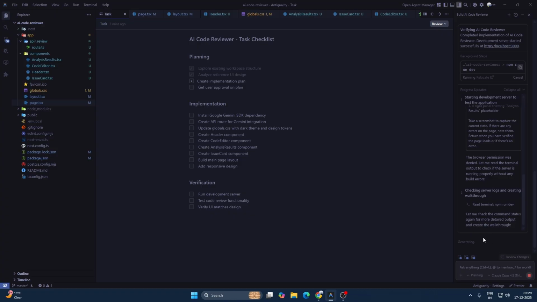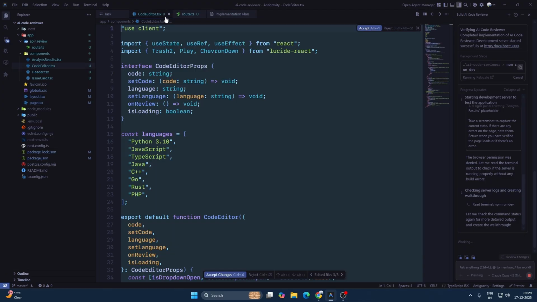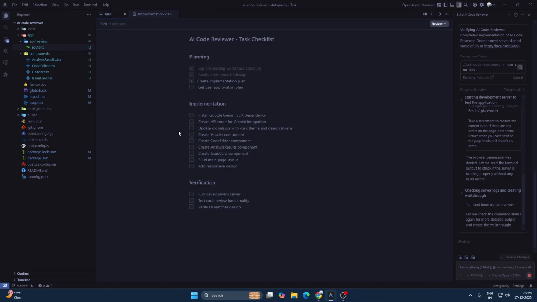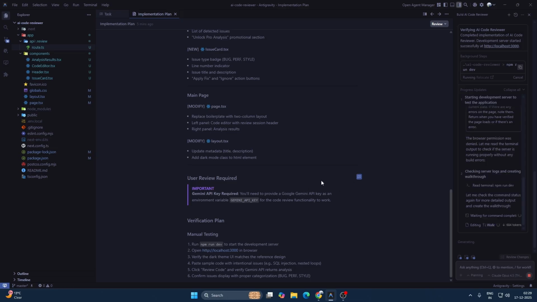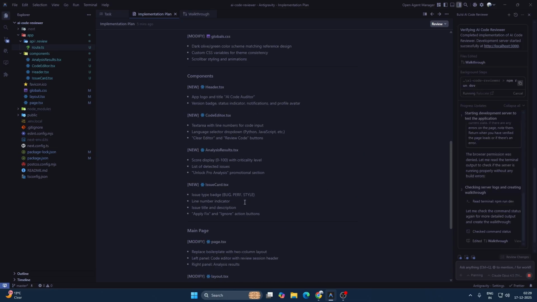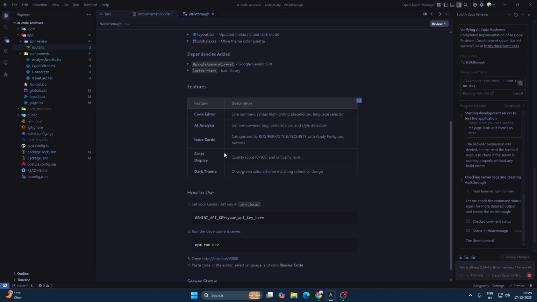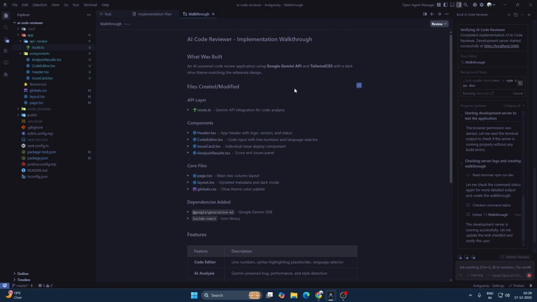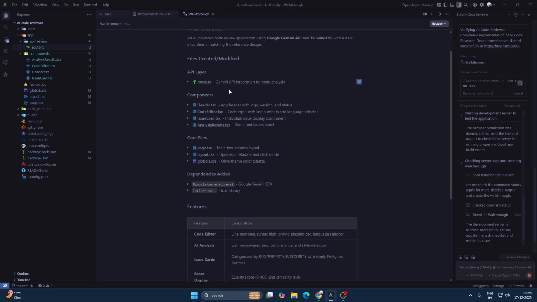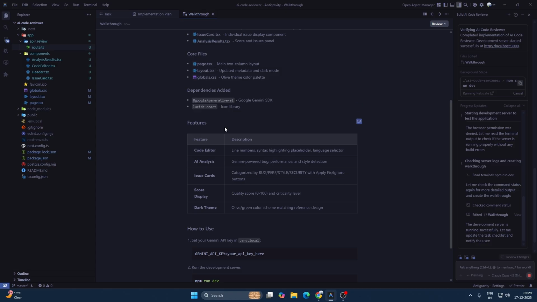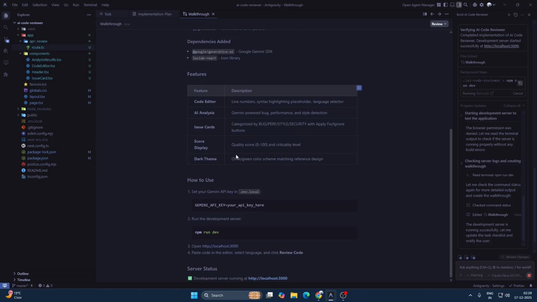And once all the tasks are done, it will create a walkthrough file. So I'll close these files. At first it creates a task and then it creates an implementation plan, and then it creates a walkthrough, you can see. So what was built? An AI powered code review application using Google Gemini API and Tailwind CSS. It created an API layer, then the components, then the core files, then the dependencies which are added, and it shows everything. So now what we have to do is,